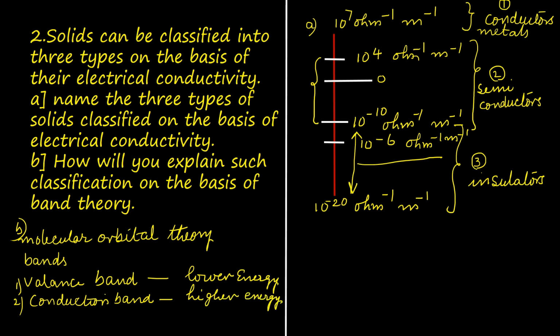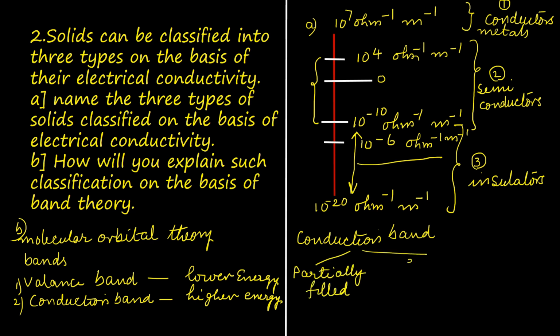The valence band may be partially filled or completely filled. The conduction band may be partially filled or may be totally empty. When a substance is subject to an electric field, it can show the property of conduction only when electrons from the valence band cross the energy gap and move to the conduction band. Whether the electrons can move from the valence band into the conduction band depends upon the energy gap between these